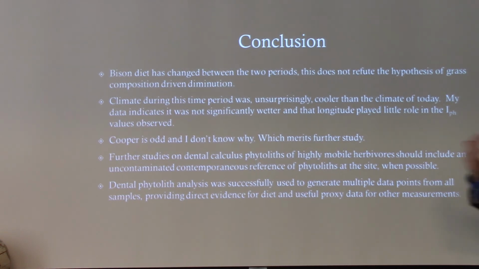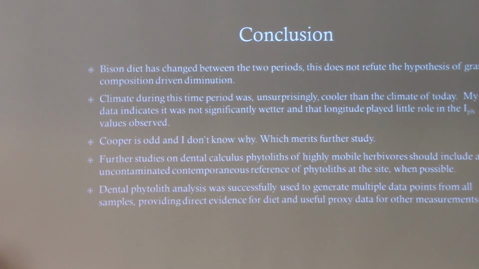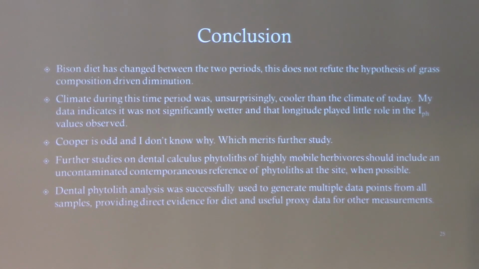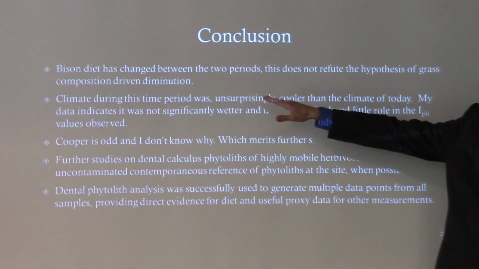The bison that existed in my ancient sites were eating different things than the bison at my modern references. One of the leading hypotheses for diminution, again that getting smaller over time, is that it occurred because of changing grassland composition. And my results here, again, because we can